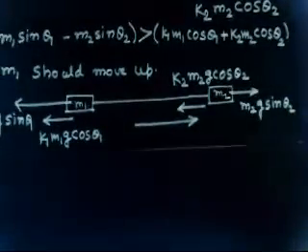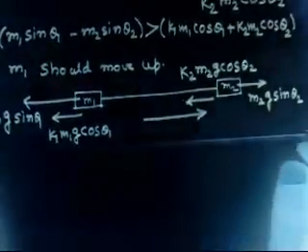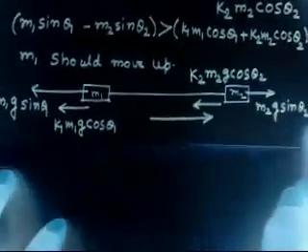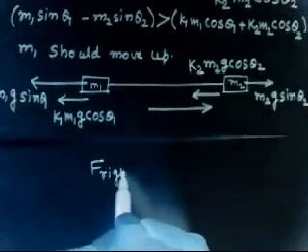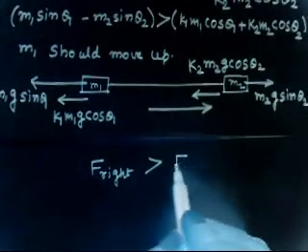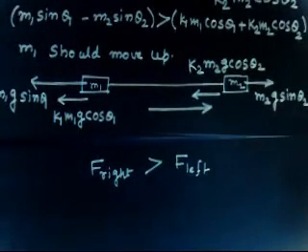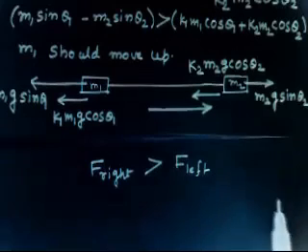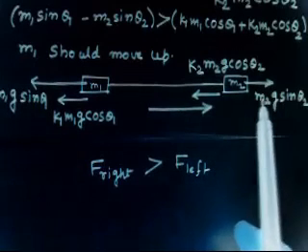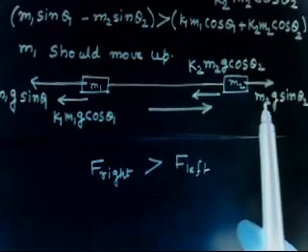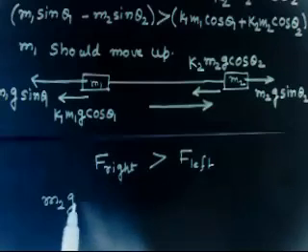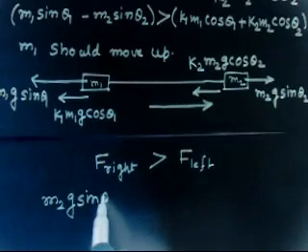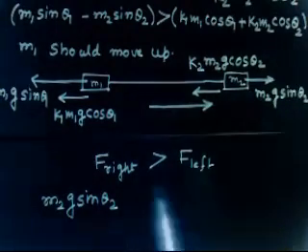Now the system moves this side. So this means I can say force in the right direction should be just greater than force in the left direction, because I want my system to move in the rightward direction. So let us see what are the forces that are acting in the right direction. Here you have M2G sin theta 2. So this is the condition in this case. M2G sin theta 2 is the only force that is acting this side. You're getting? This should be greater than